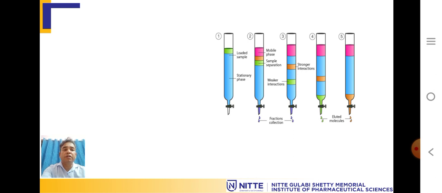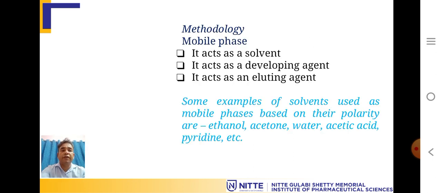As you keep pouring the mobile phase from the top, the green component, which has a weaker interaction, will move on. So it elutes first, and later the orange, which is strongly bonded, will elute. This is how the separation happens in column chromatography. So look here,